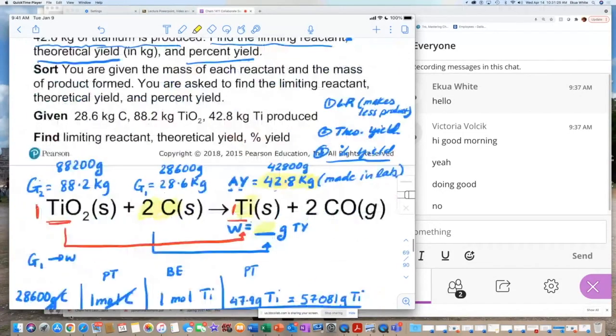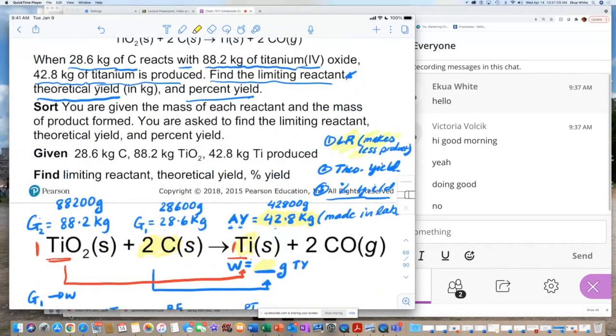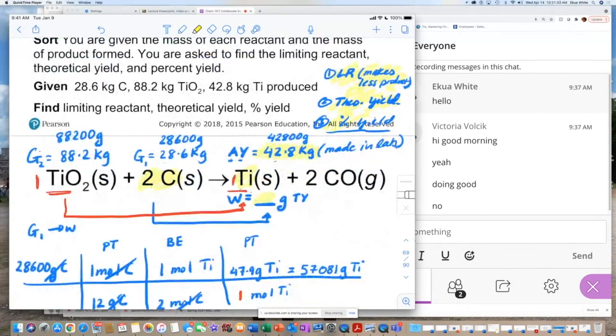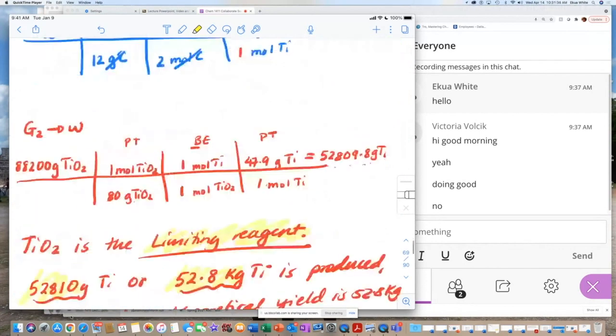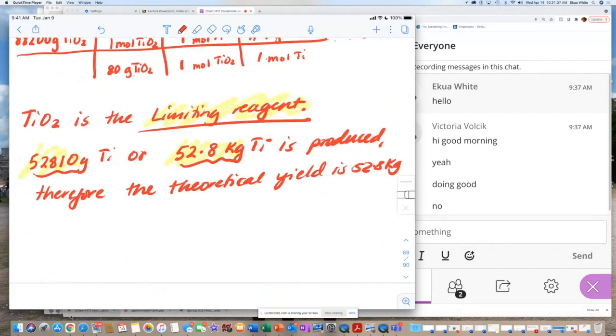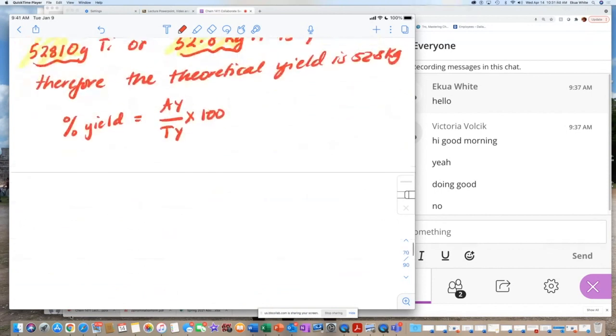Okay, so let me go back and see what the questions were. Limiting reagent, I got that one here. Theoretical yield, I got that one there. Then our last move is percent yield. Okay, so percent yield, this one is the actual yield over theoretical yield, okay, times 100. So for this one, oh, I do have space. Percent yield,